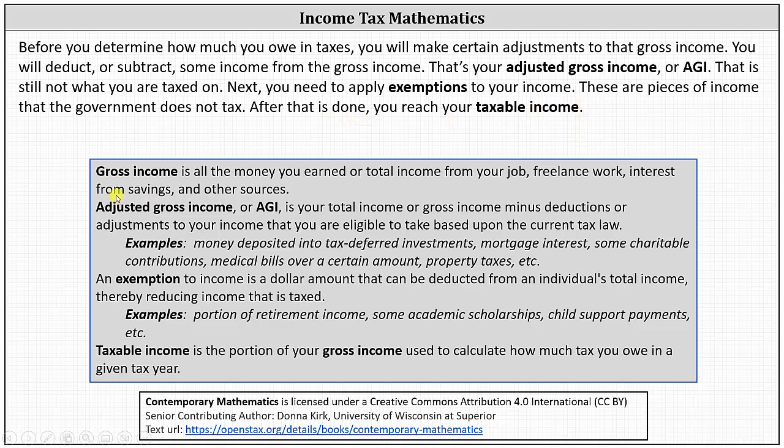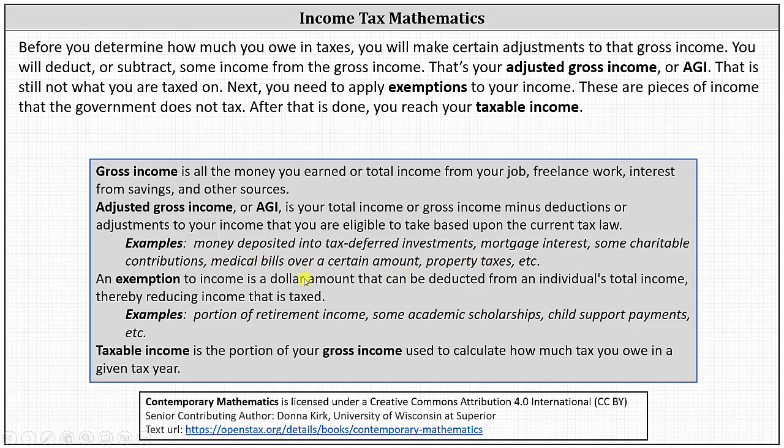So to review, gross income is all the money you earned, or total income, from your job, freelance work, interest from savings, and other sources. Adjusted gross income, or AGI, is your total income or gross income minus deductions or adjustments to your income that you are eligible to take based upon the current tax law. Examples might be money deposited into tax-deferred investments, mortgage interest, some charitable contributions, medical bills over a certain amount, property